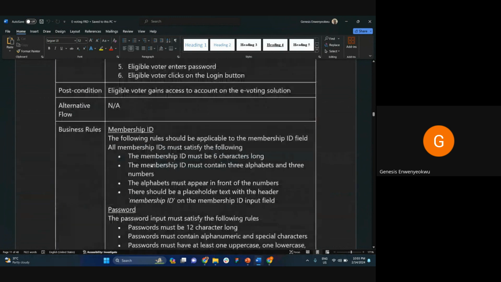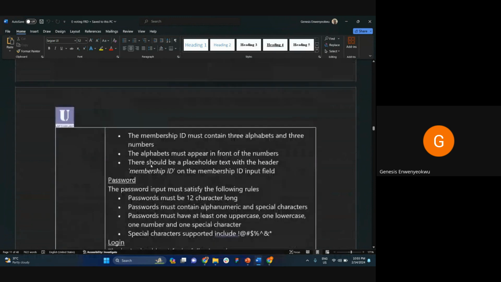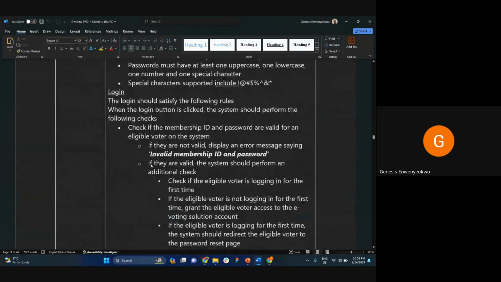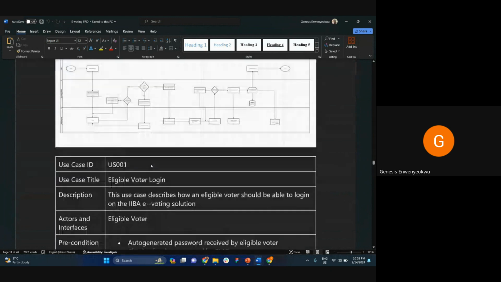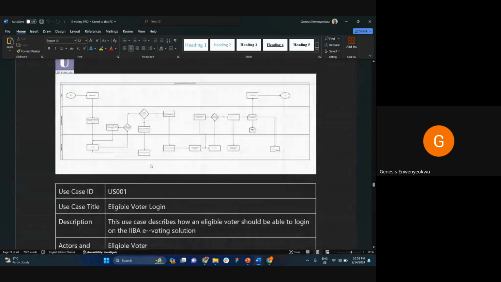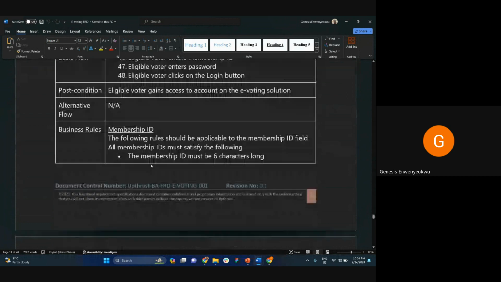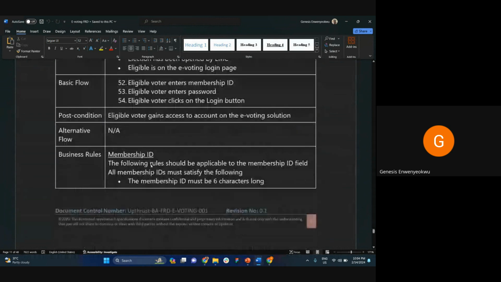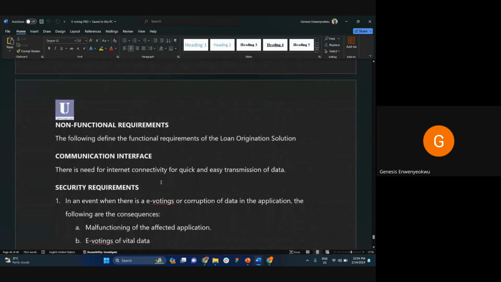For every one of them, you keep on going. If you have 20 functionalities, you write those 20 use case specifications along with each of them. You draw a process model, a process diagram, which is a cross-functional flowchart in this instance. Then after drawing and attaching, after writing all your specifications, you state your project dependencies and assumptions, then your non-functional